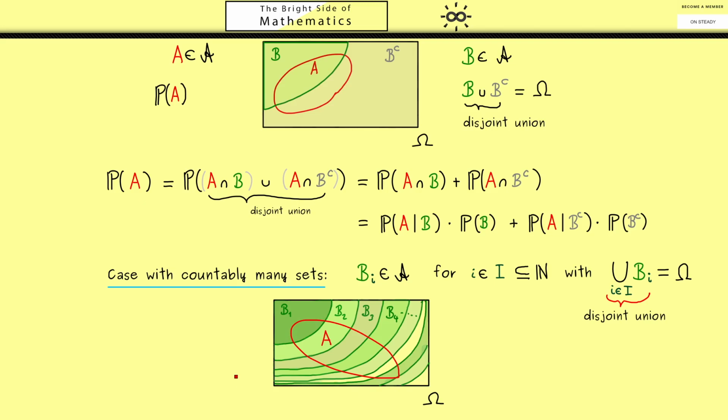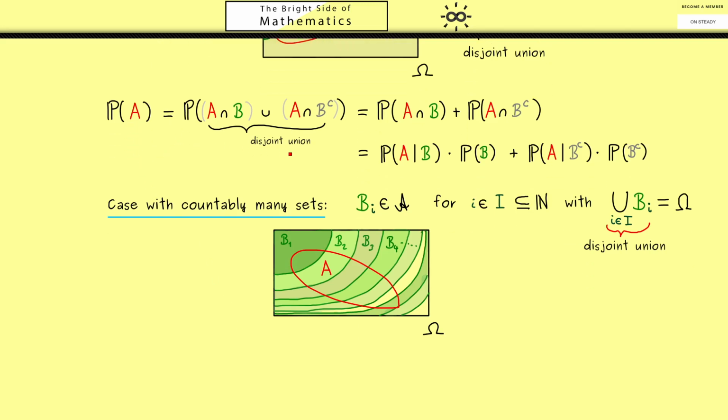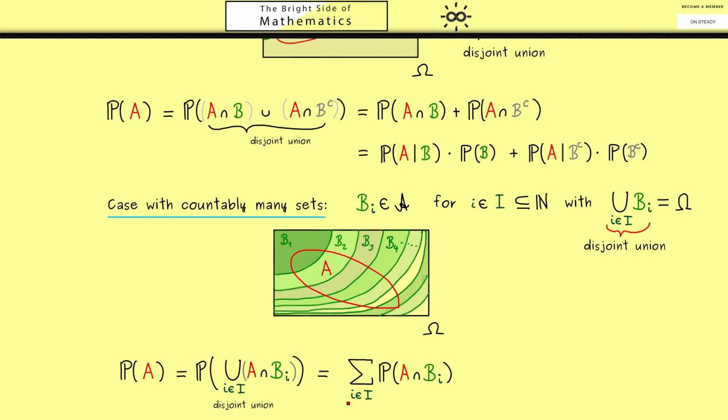In fact, this now works exactly with the same steps as before. So first, we can write the set A as a disjoint union. Of course, this is again the intersection with the B_i's, which means in the picture, we just put all these parts here together. Okay, then, because it's a disjoint union, we can use the sigma additivity of the measure. So we get out this sum for the probabilities or a series when we have infinitely many. However, in both cases, we can use the conditional probabilities again. So we have the sum of P(A under B_i) times the probability of B_i.